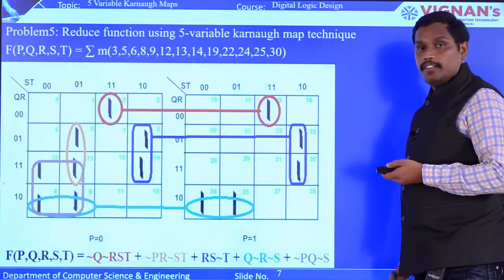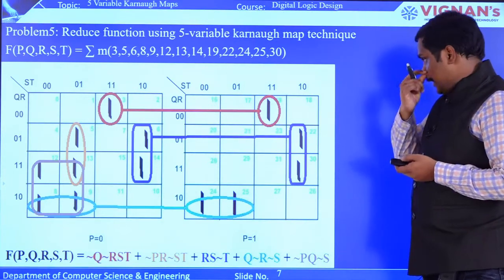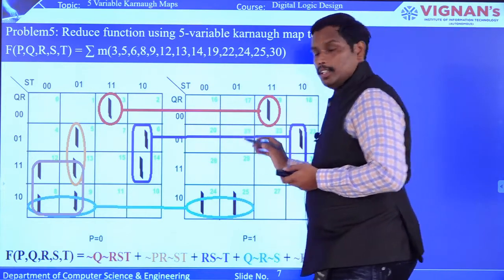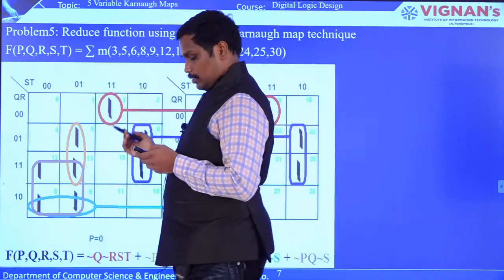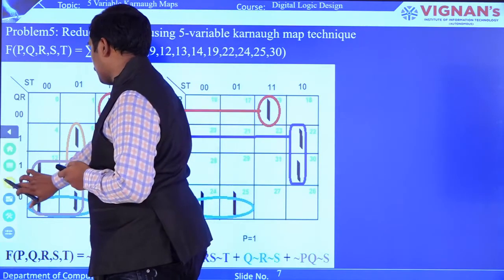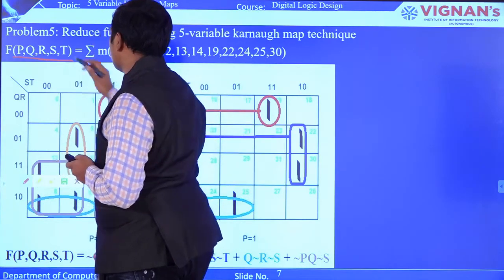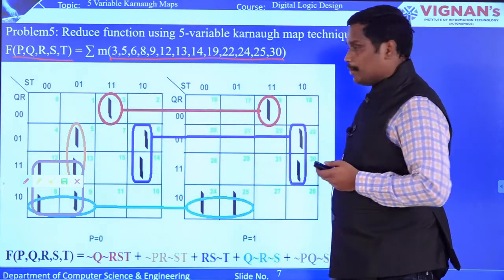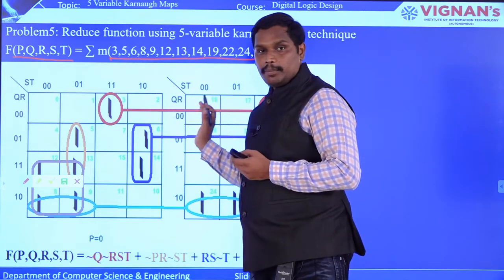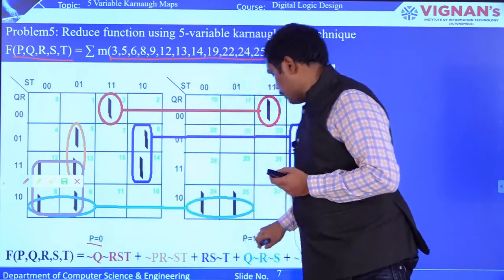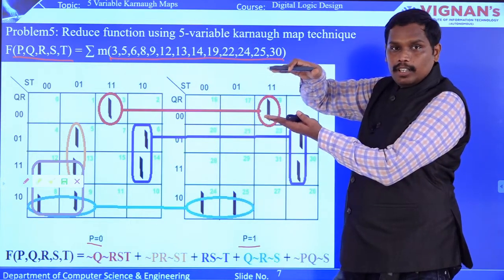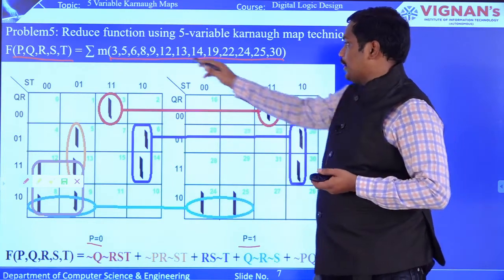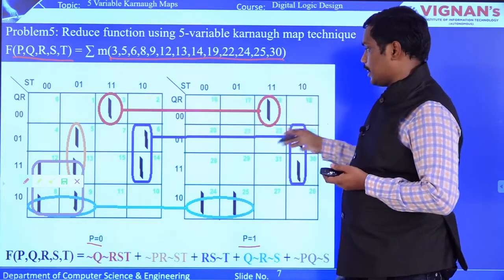So this is the Karnaugh 5 variable map. This is the last session, and there you can see that the Karnaugh map for 5 variables you can construct in 2 Karnaugh maps. So the Boolean variables that are there are 5 in nature. So you can have min terms that can be marked in the Karnaugh map. So you can take 2 particular Karnaugh maps with p equal to 0 and p equal to 1. It looks like a Karnaugh map which is like a mirror. So that mirroring concept you can apply over here, and I have placed all the positions of the particular min terms in the corresponding locations.